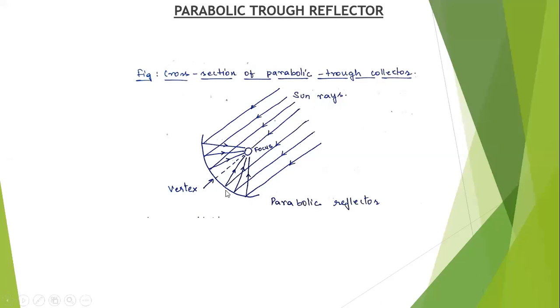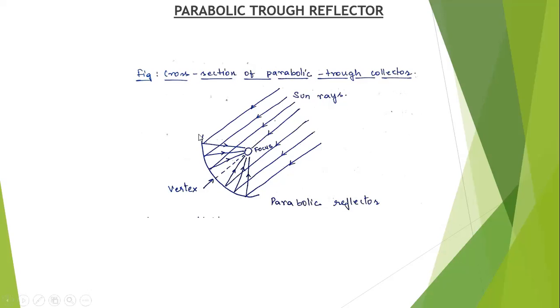This entire thing is called the parabolic reflector, and the sun rays are made to fall on this reflector, and these are reflected again onto a single point, the focus. This is the focus point. So solar radiation coming from a particular direction is all collected over the area of the reflecting surface. And this solar radiation coming from the sun rays is concentrated at the focus of the parabola.